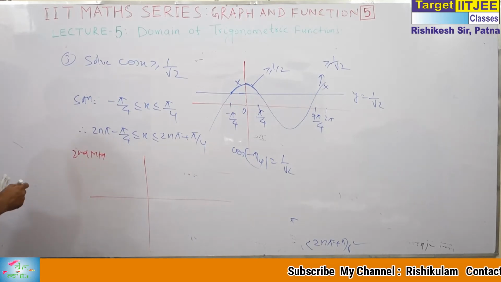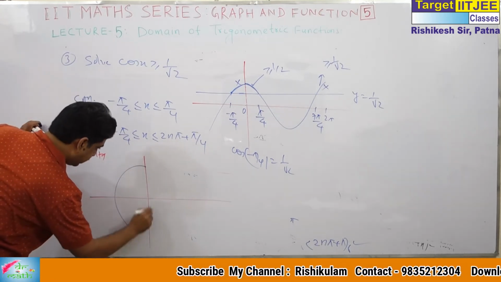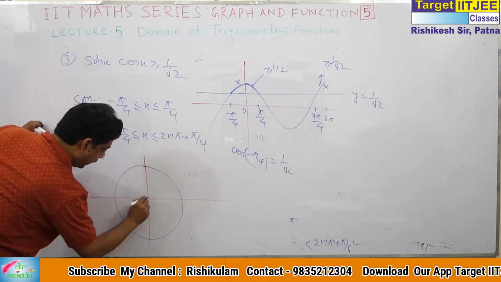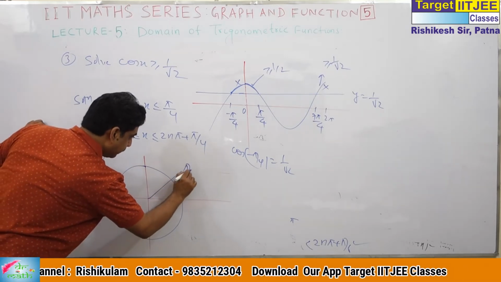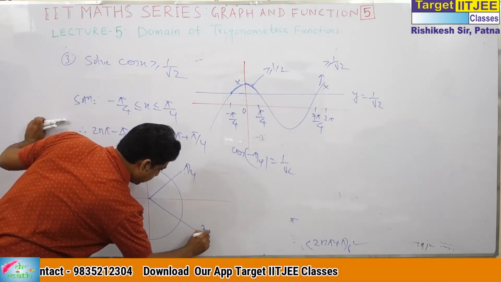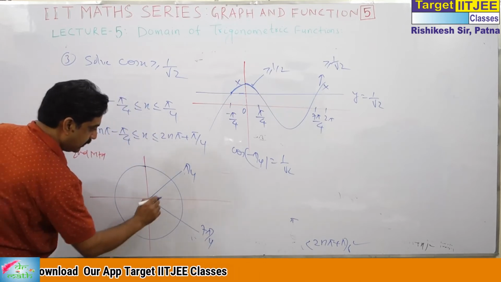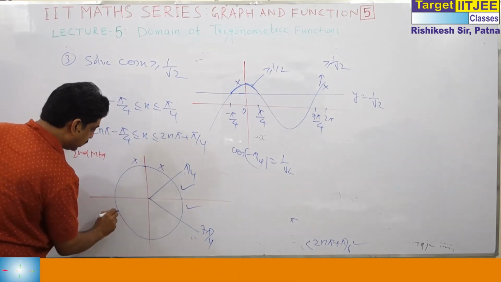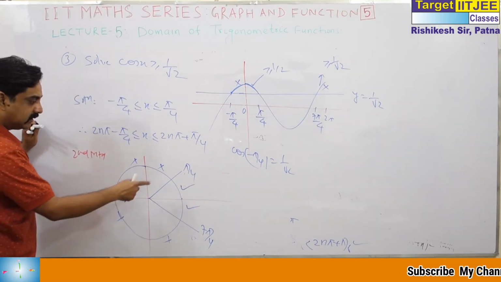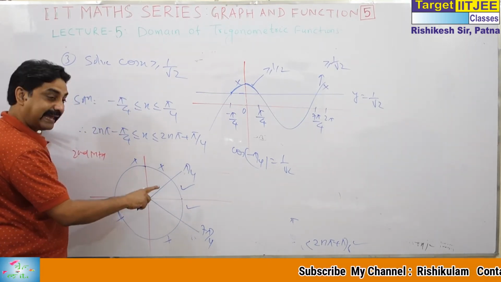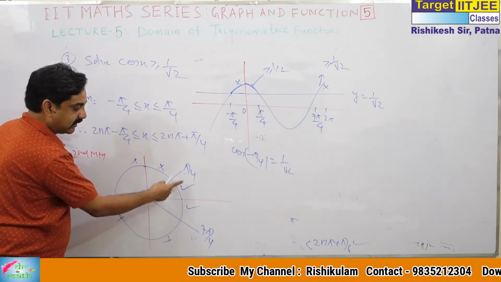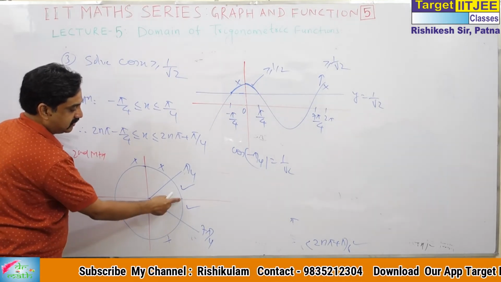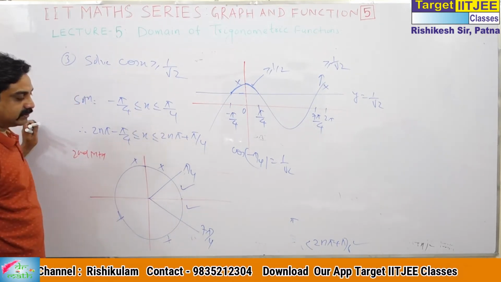Try to learn from each and every angle. Actually, this is pi by 4. This is 7 pi by 4. This will be the case because here cos x is equal to 1. This is not the case. Actually, you can say this divides this in two parts as in number line. One part is correct, one is wrong. You can say cos 0 is 1, greater than 1 by 2.